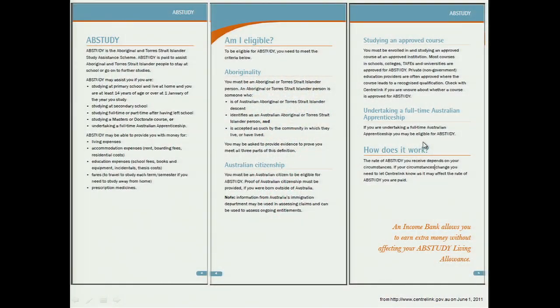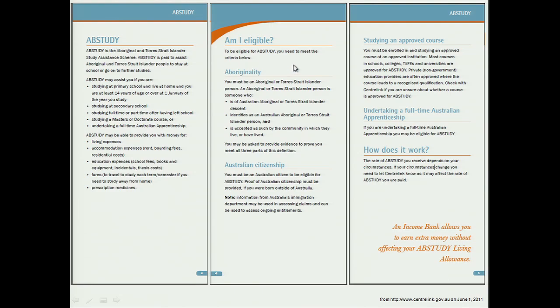And in particular today I'll be talking about the representation and expression of conditions, which is quite important in public administration. I'll start with an example to give you a sense of what we're doing here. I give you here a 3-page excerpt from Centrelink's informational brochure for their AB study program. I won't go through the details, simply to say that this is an entitlement program for Indigenous Australians going back to school. What we're more interested in is the second 2 pages of this excerpt, the eligibility conditions.